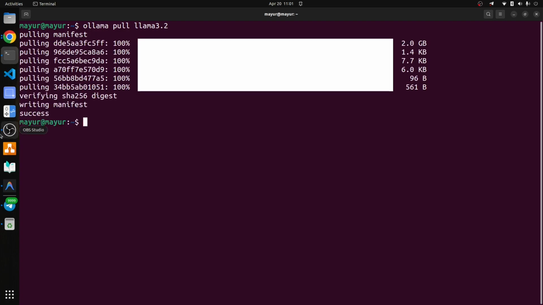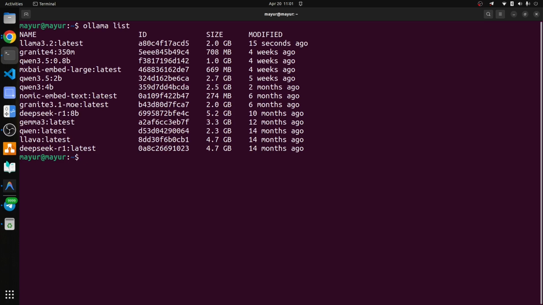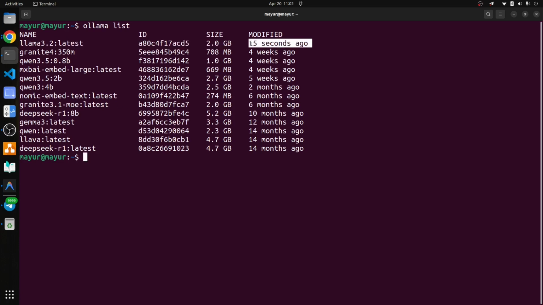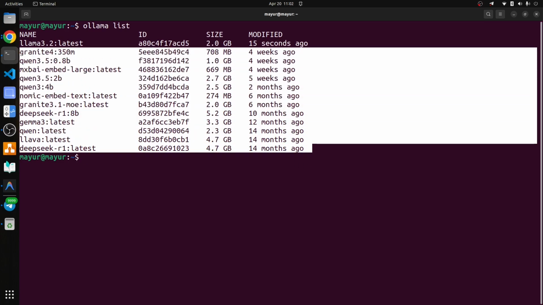Since I have already downloaded the model, it didn't take much time. It is around 2 GB, that's the size of the model. So let me clear this. Once the model is downloaded, you can just check ollama list and you will see that the model got updated here 15 seconds back. And I have all these other models that I can make use of